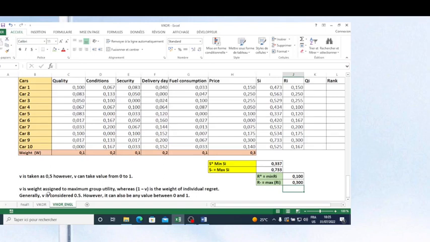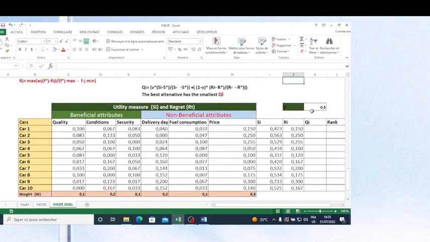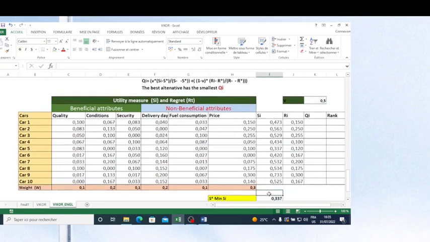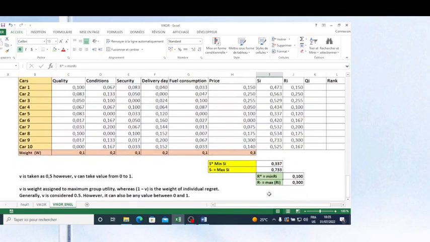Normally they use 0.5 because the value of V varies between 0 and 1. Here I have a fixed V of 0.5, and now with these calculations, I can calculate